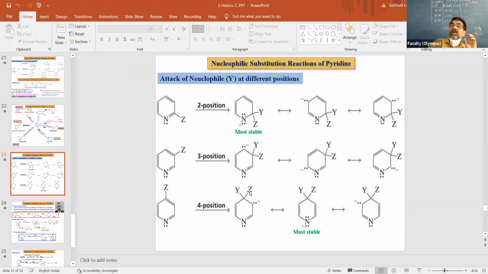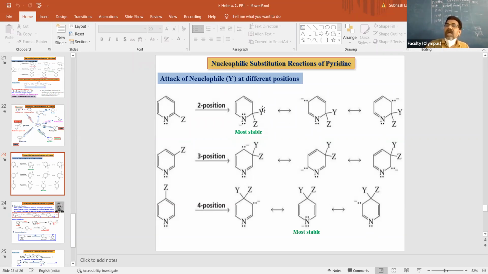Nucleophile means nucleus-loving reagents, which are negatively charged and electron rich. During delocalization, carbon number 2 becomes positively charged and the 3 position negatively charged. The 2 position is slightly electron deficient because of the electron withdrawing group, and that is why the 2 position is more stable, and hence the negatively charged nucleophile will attach at the 2 position.